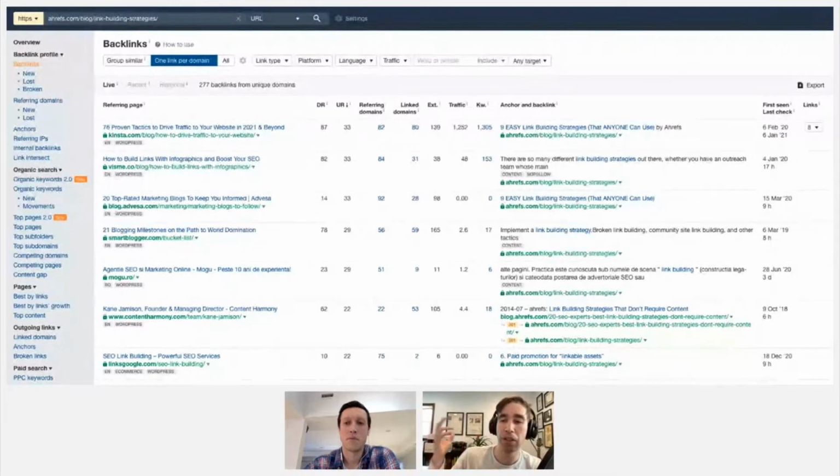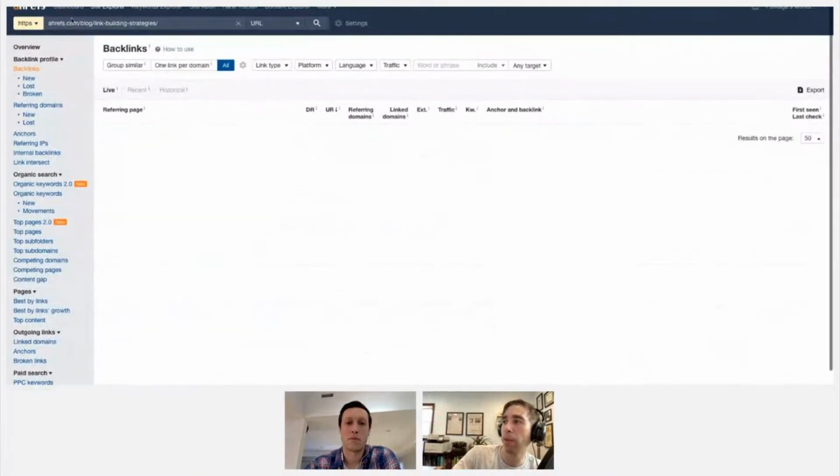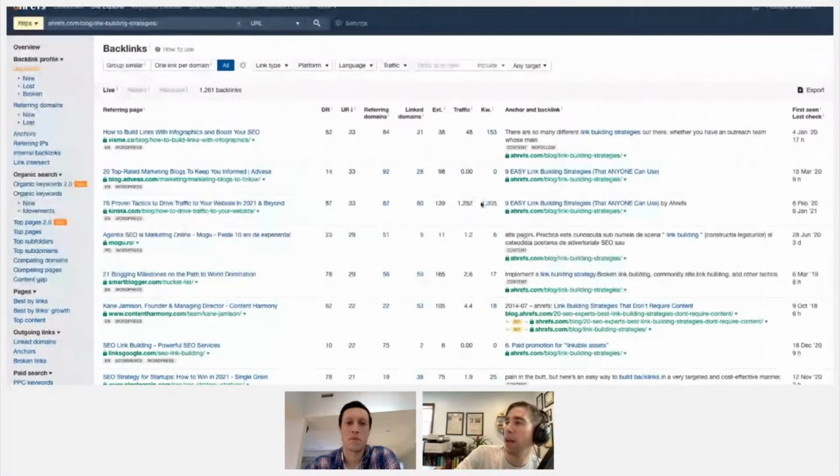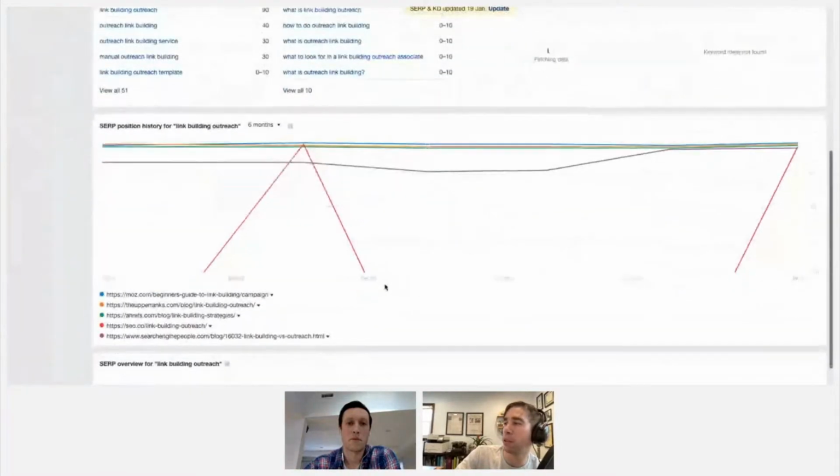And also with a Skyscraper technique, one thing is, as you see here, I have this one article that I'm grabbing links from. I have to do a Skyscraper campaign for every single website that I am targeting. So for example, this article that I'm looking at from Ahrefs has like 100 or 1,000 links or whatever.